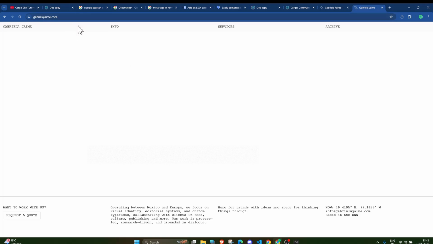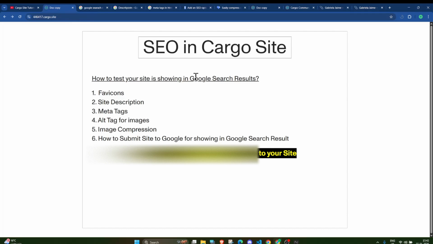So it is very easy to rank the website. But here are a few things which you can do so that it can rank faster. So let's get started.